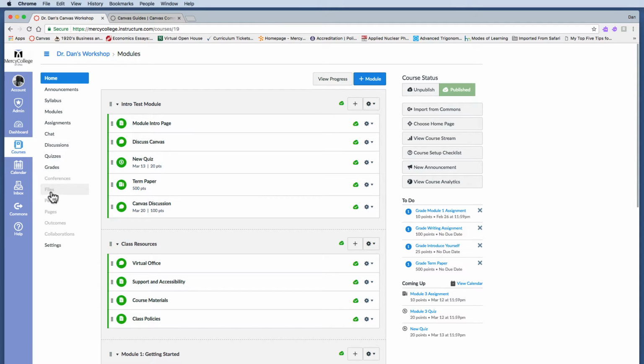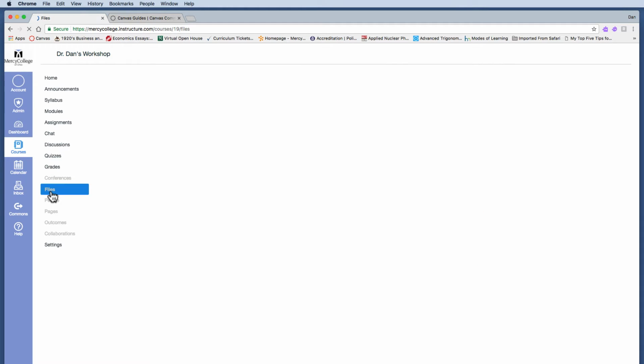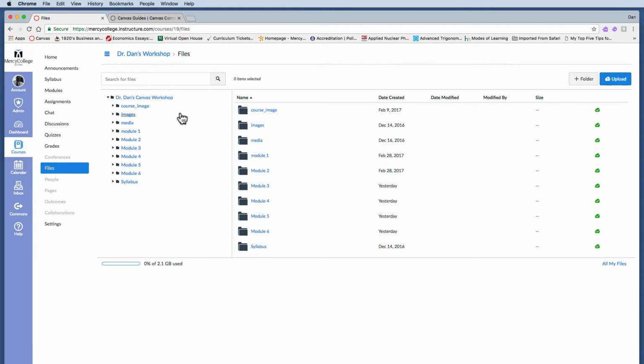So if you go down on the left-hand side and click on Files, you'll see a pretty typical file tree. Now, you can set this up any way you want, but the best practice is to set up a folder for each module, and you could put your module content in appropriate folders if you'd like. I happen to have a folder for images, for media, and I also have a separate one for syllabus. You can organize these in any fashion, but